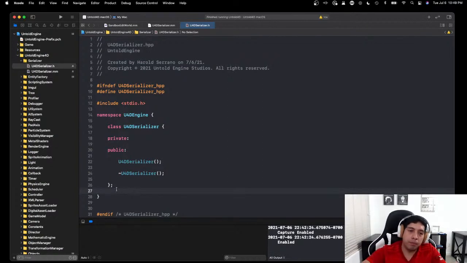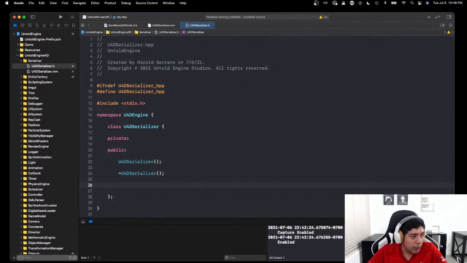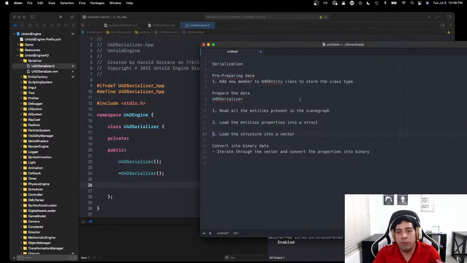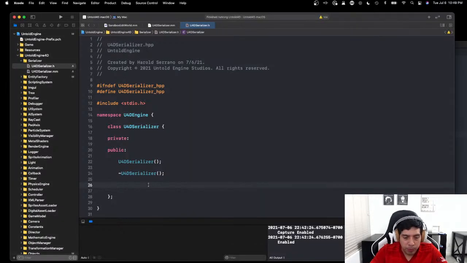All right, so let's do this. Some of the methods that I need to do. Let me bring Adam here. So, read entities from the same graph. Okay, I can bundle all of this up into one. I can just call this load entities. Boom. Load entities. And then I can call the other one void convert